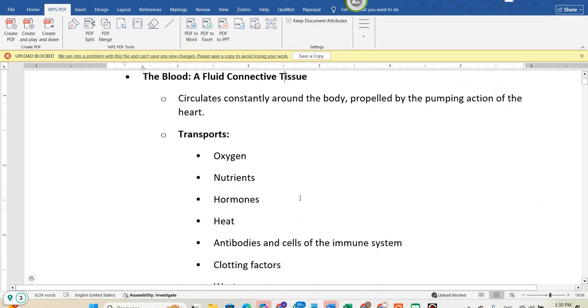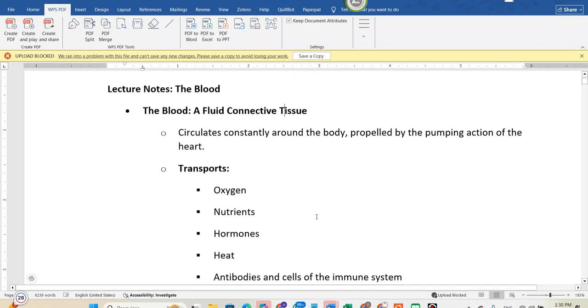Of course, it circulates around the body, and the reason why it circulates around the body is because it is being propelled by the pumping action of the heart. It is the heart that pumps the blood around the body. So,